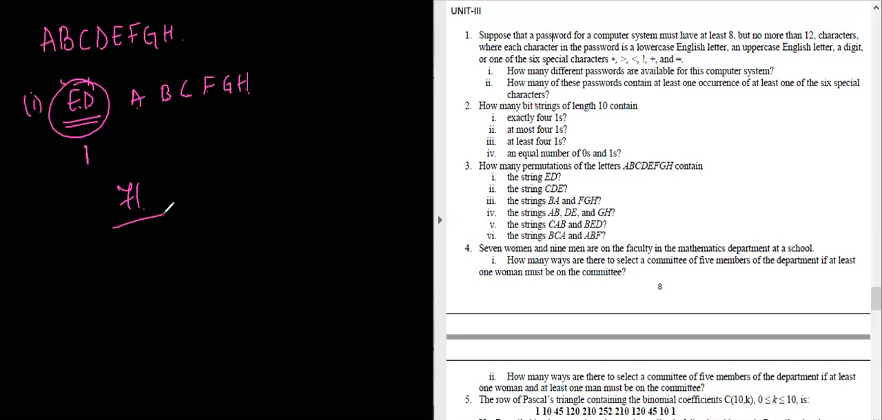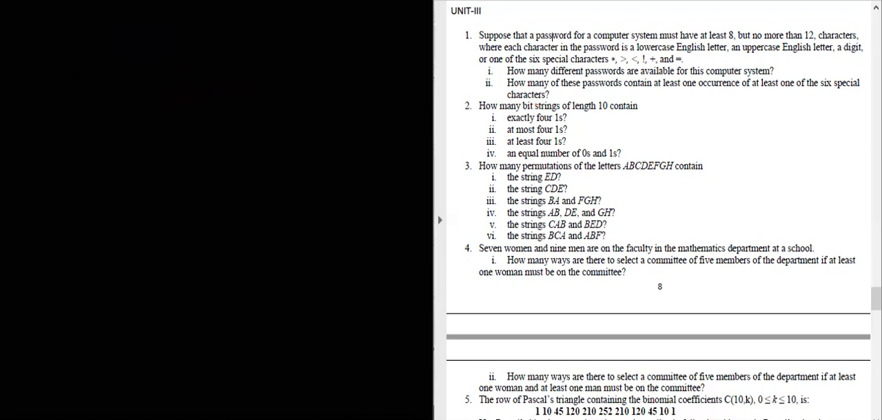Now similarly, you can solve for the string CDE. CDE should be considered together and the rest of the letters will be considered separately, and you can directly perform permutations on the same. So you can solve the problem easily. We'll move on to the next problem, which is